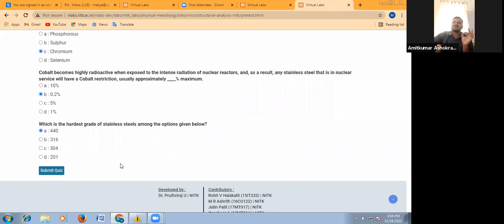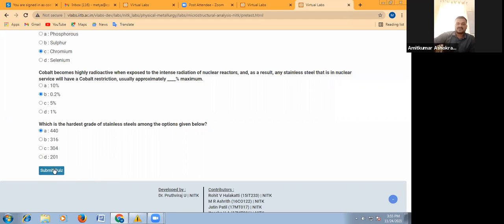For almost all subjects, virtual labs are present on the internet. You can go through the respective IIT or NIT or a few famous colleges, and you will find virtual labs developed for each subject. It may be strength of materials, metallurgy, TOM, IC engines, FM. If by chance you have missed any practical session, you can go through these virtual labs and understand how that experiment is actually conducted.